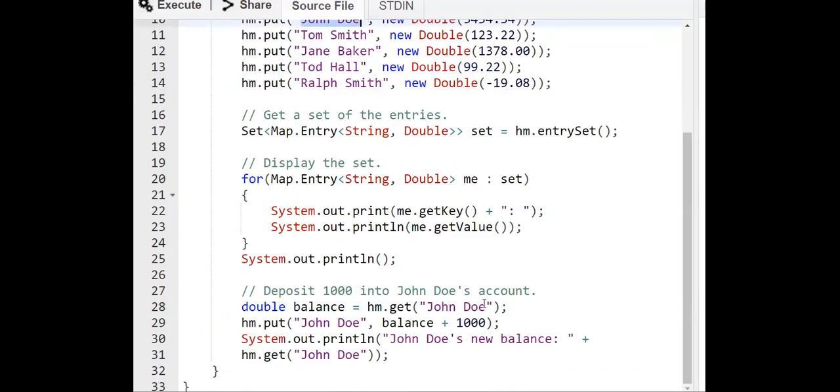So we use the get method to fetch his balance. For this balance, we increase it by 1000 and then use the put method: hm.put(John Doe, balance plus 1000).